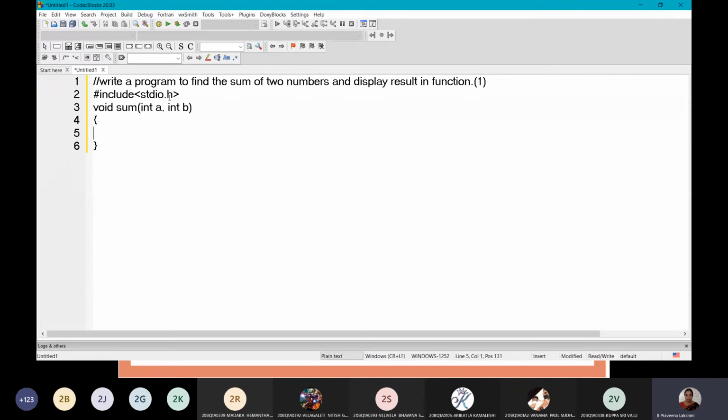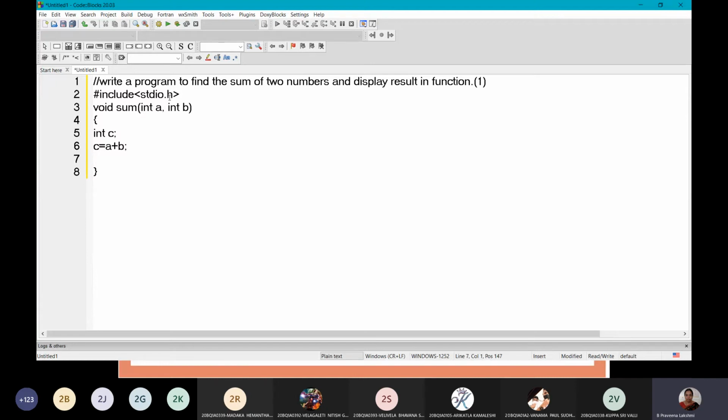For storing the sum value we require one more variable, so we declare a variable c in the function, since we need to store the sum of a and b in another variable. c equals a plus b. Now we got the sum value in c.